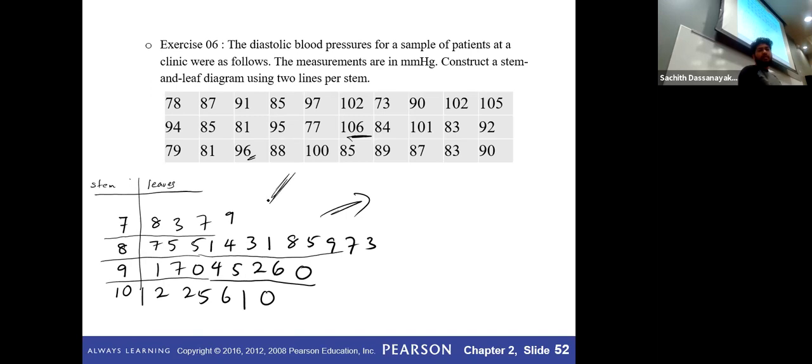Sort these numbers into ascending order. I'm not going to do that because it started right here. You have to sort it. This is not the final answer. You have to sort whatever you have on the leaf side, either by decomposing 1 class into 2 classes, or just keep it like this and write everything in ascending order. That's totally fine. Once you need to read a number, let's say this one, which means 79. It is not 7 and 9, it is 79.